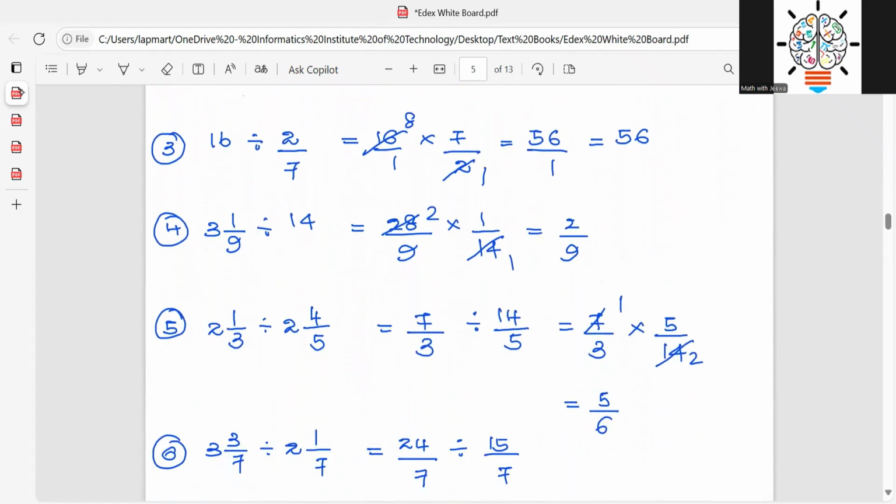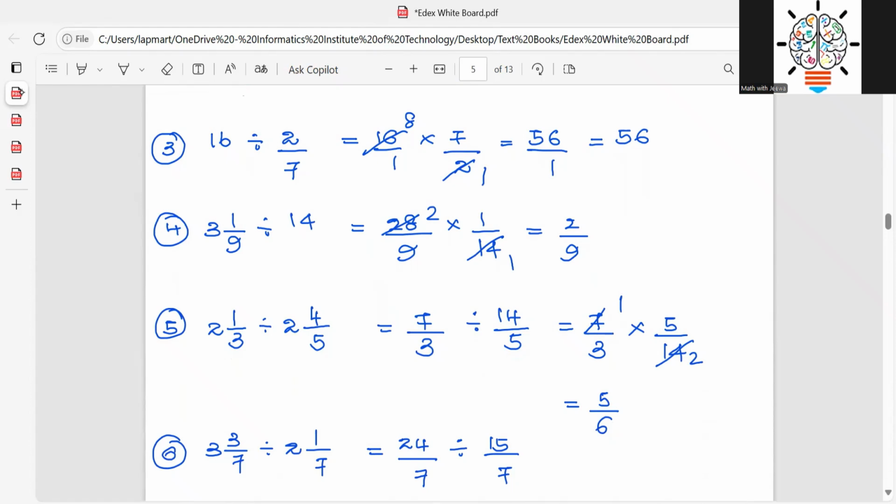And question number 3 and 4, you can see a whole number, 16 and 14. But before simplifying or multiplying, what I did, I converted the whole number into a fraction. How? 16 out of 1 and 14 out of 1, right? So after the conversion from division to multiplication, always take the reciprocal of the second fraction,